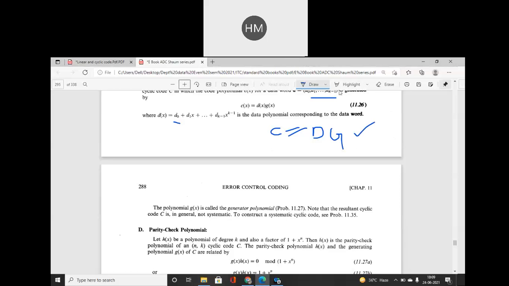Okay, and in general I have told you C is equal to DG will produce you a systematic code. That means first में data bits, उसके बाद parity check bits, n minus k parity check bits will be added. So that is a systematic data code because first D digits remain always same. Last 3 or 4 or 5 parity check bits are needed to be checked. Clear students? ठीक है? Should I move ahead?